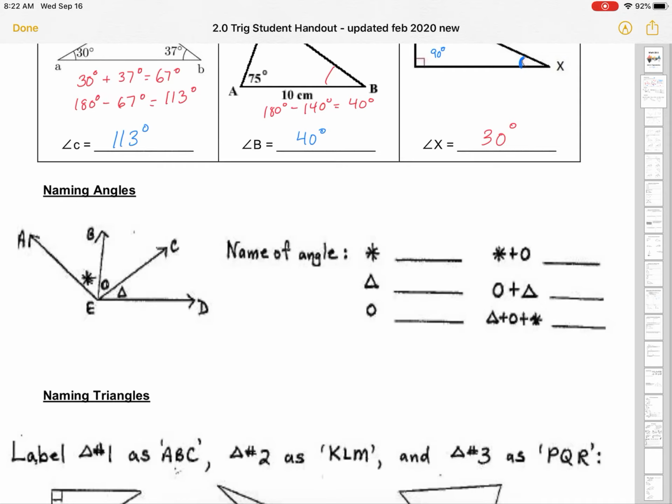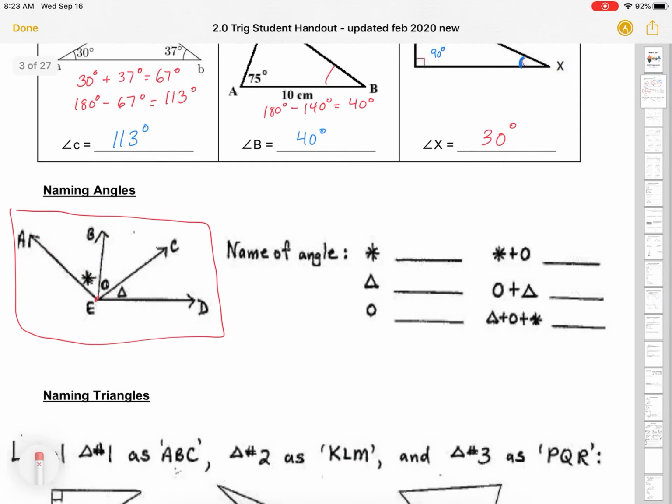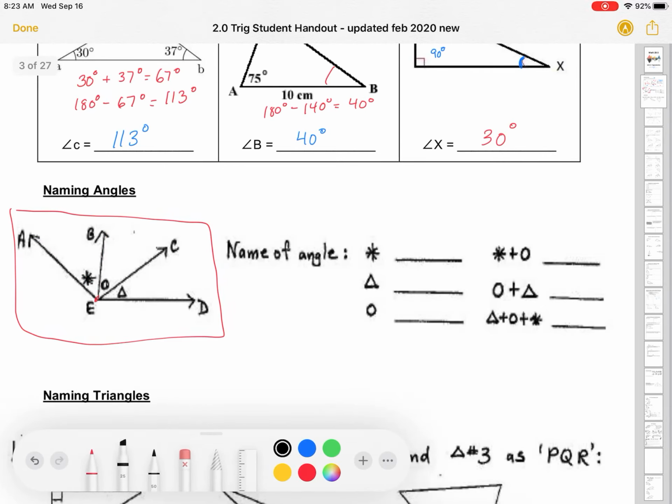Naming angles. Now, there are some conventions for naming angles. If we look at this little picture here, the route we go is from one letter to another letter to a letter. The angle in the middle is always the angle in the middle. So if we look on this picture here,